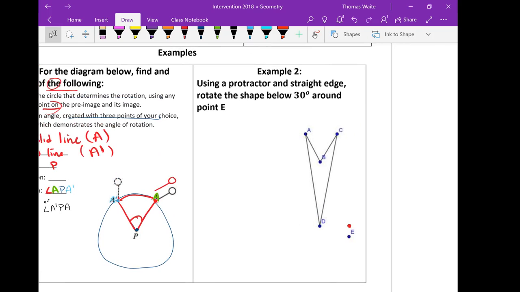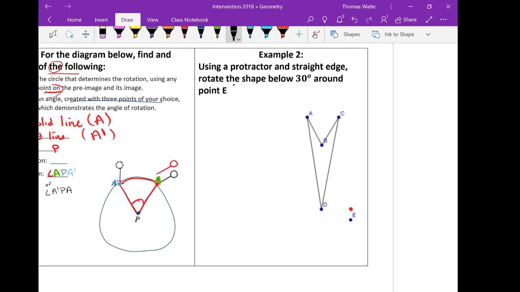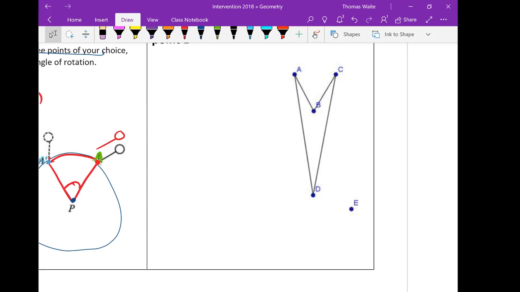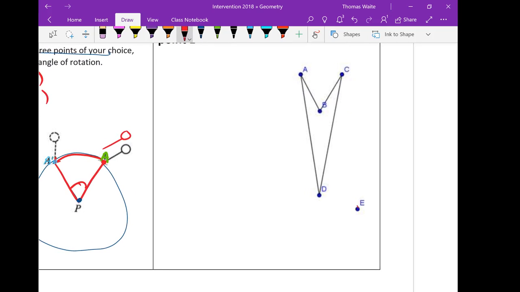For example 2, it says use a protractor and a straight edge to rotate your shape 30 degrees around point E. All right, so what I want to do here, again, I don't have a protractor. I do have a straight edge and something that measures angles though, so that'll help me a lot. My point E, I'm rotating around point E, and I have to take each of the points. So this right here is going to be my pre-image. I have to take each of the points in my pre-image and rotate them 30 degrees